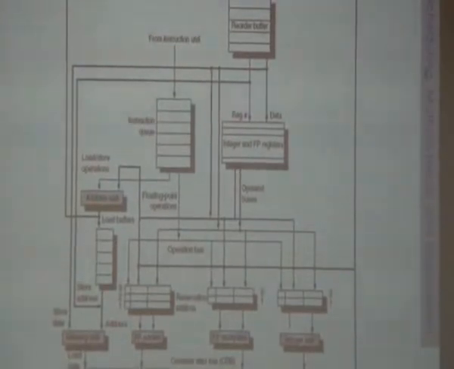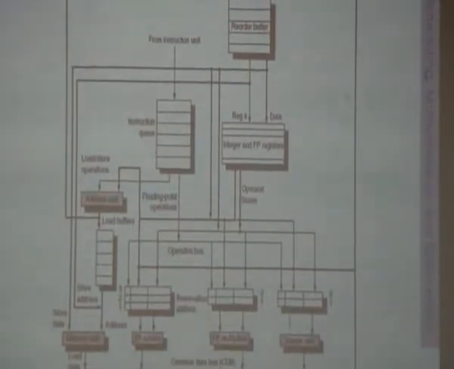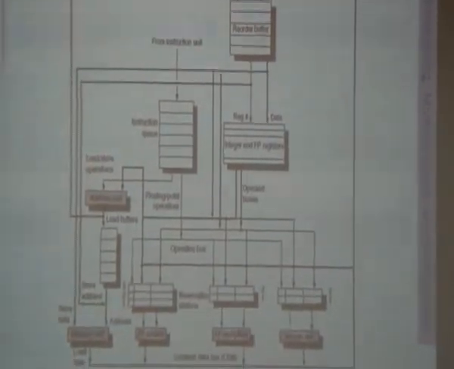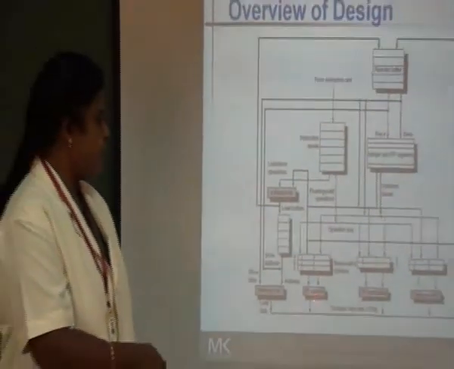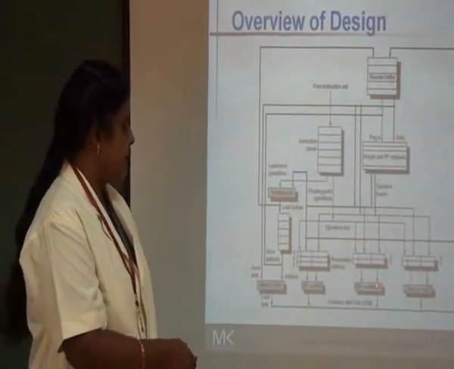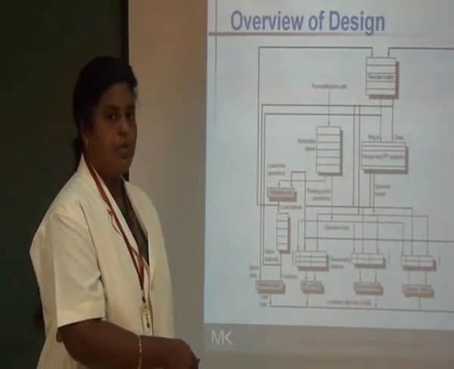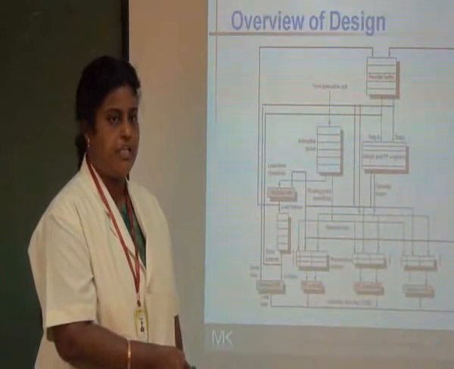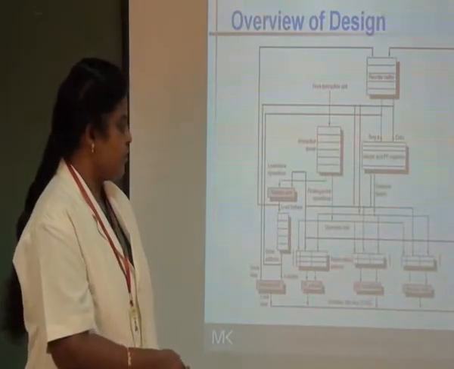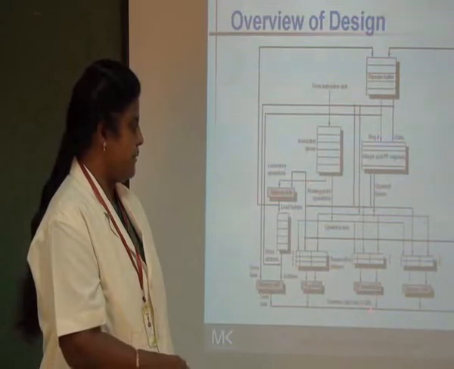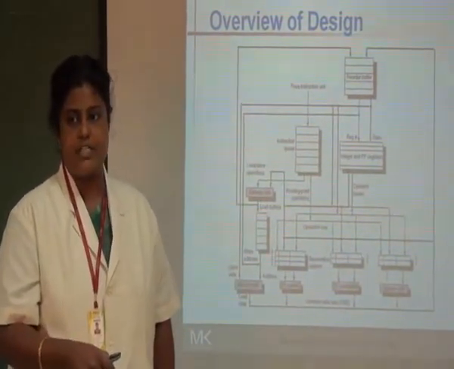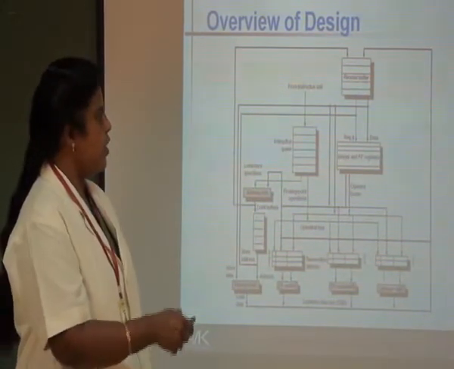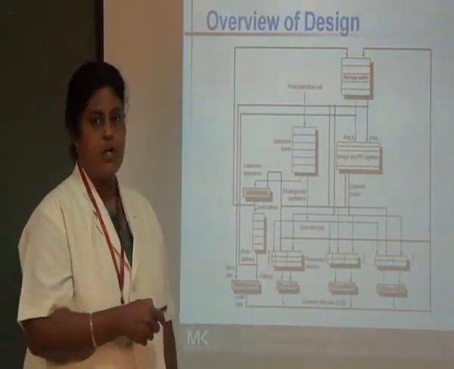At the bottom, we find the functional units. What are the functional units? The functional units take care of the actual arithmetic operations to be performed. We have the floating point adder, the floating point multiplier, and the integer unit available over here. The results of execution of these floating point adders, multipliers and the integer unit are broadcast into the common data bus. When the results are available in the common data bus, they are taken over to the reorder buffer.